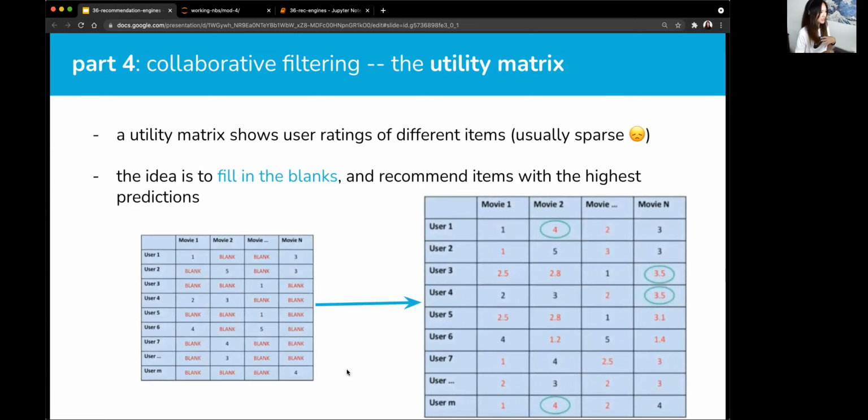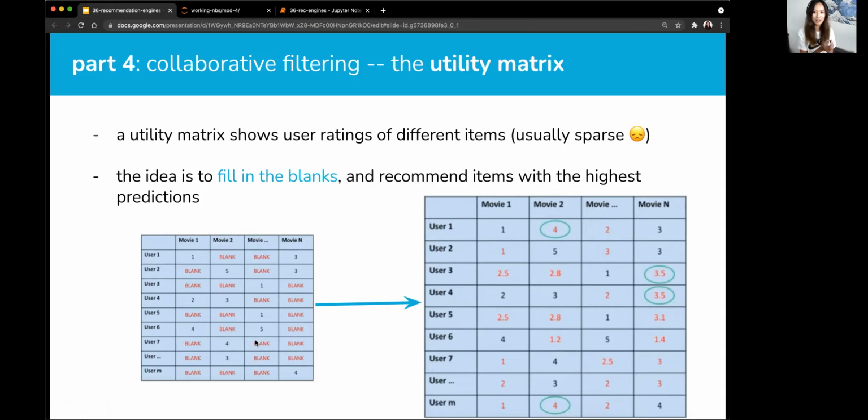What it does is it basically shows user ratings of different items. And this matrix is usually pretty sparse because if you think about it, not every user would have seen every movie on Netflix, right? So this is likely to be a very, very sparse matrix. When it starts, it usually looks something more like this. You can see here, user 1 has only seen movie 1 and movie N. And this data in the middle, these are their ratings. So that means user 1 has rated movie 1 a 1, movie N a 3. If we go down to user number 7, user number 7 has only seen movie 2 and gave it a